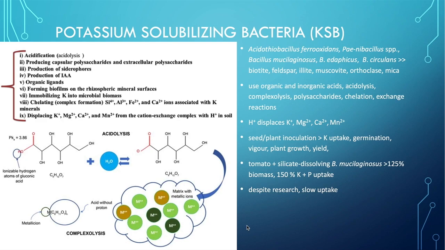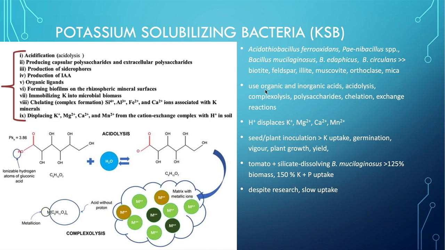very essential organisms. Potassium solubilizing bacteria have several mechanisms by which they are able to dislodge potassium from organic molecules and from the mineral component of the soil. These are just the different species of bacteria that are able to gain potassium from biotite, feldspar, illite, muscovite, orthoclase, and mica, and these are all just clays. So obviously these types of clays contain potassium, and these bacterial species can remove that potassium from these clay mineral